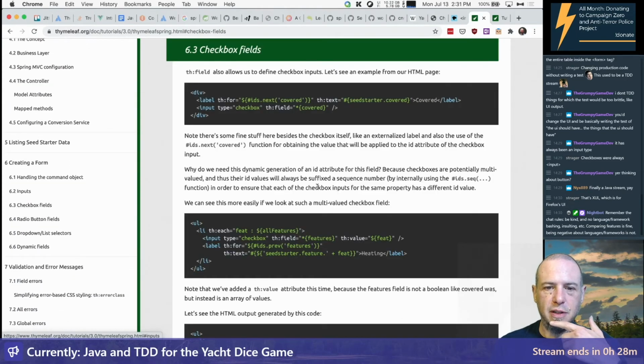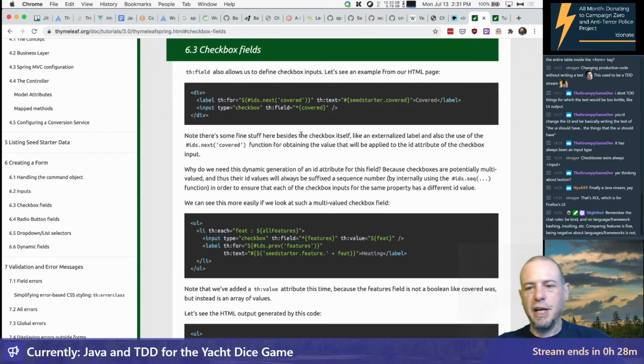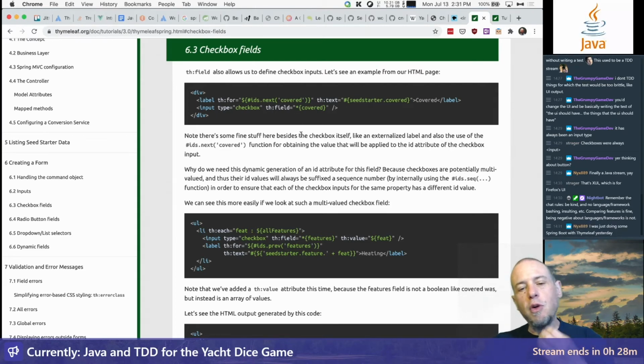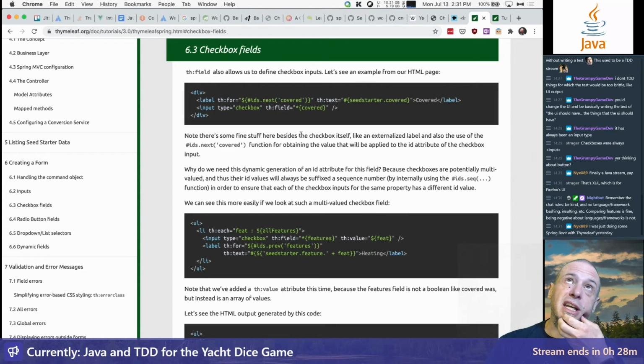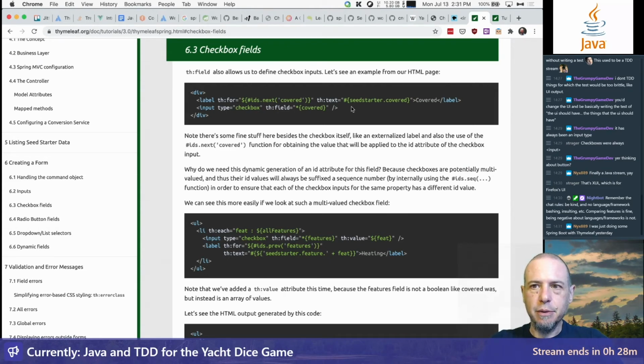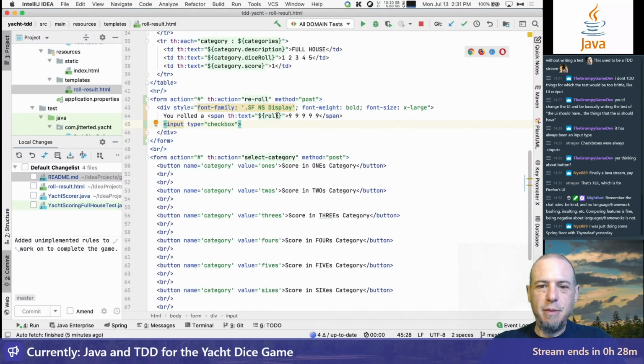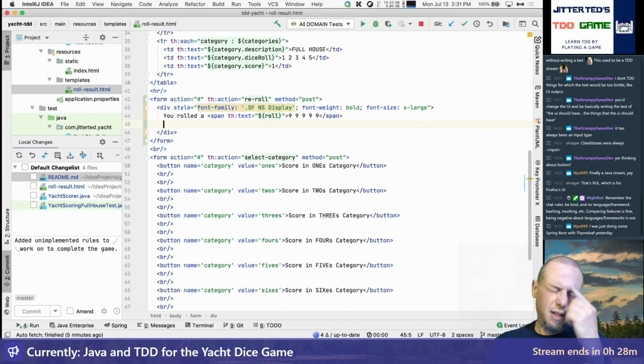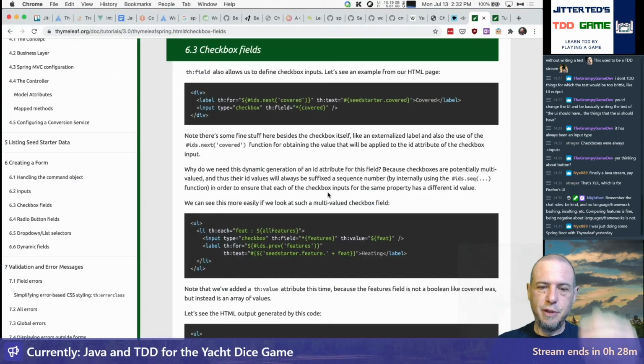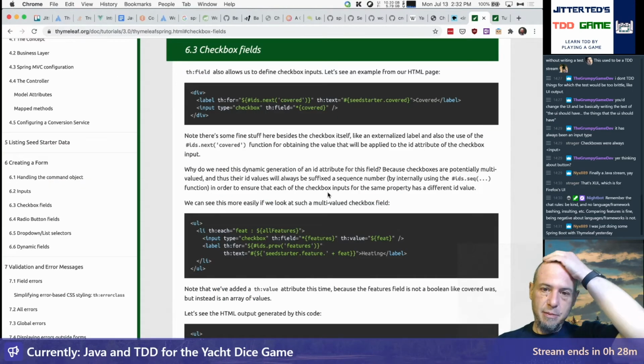So checkbox fields. Okay, so this is what I want. So we basically have a label and then the th:field. Right. Okay. So it'll be inside the form, we need a form object so that it can iterate over that. Okay, so we'll do that. Oh, cool. Then maybe you'll be able to help us move this along. So what we want is inside this form, the th:object is going to be